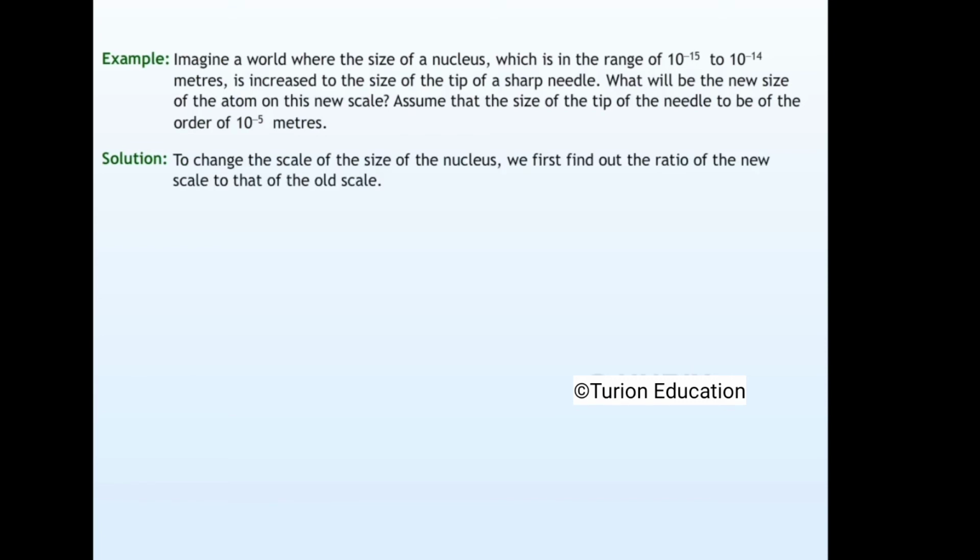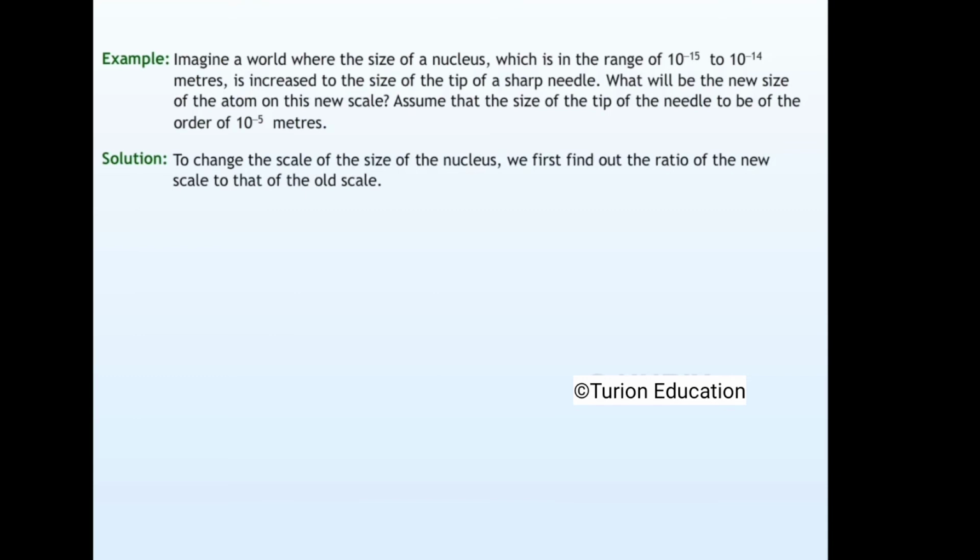Example 2.5. Imagine a world where the size of a nucleus, which is in the range of 10^-15 to 10^-14 meters, is increased to the size of the tip of a sharp needle. What will be the new size of the atoms on this new scale? Assume the size of the tip of the needle to be of the order of 10^-5 meters. Solution. To change the scale of the size of the nucleus, we first find the ratio of